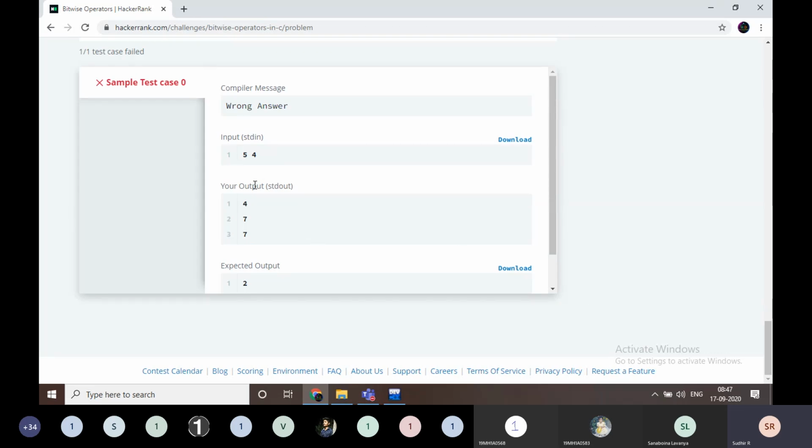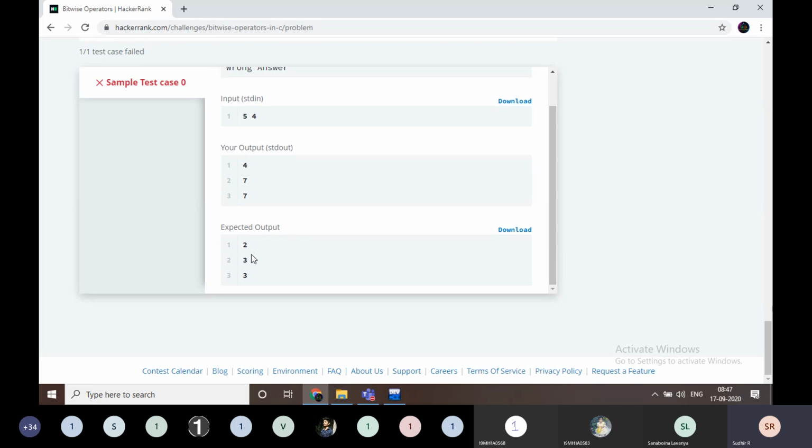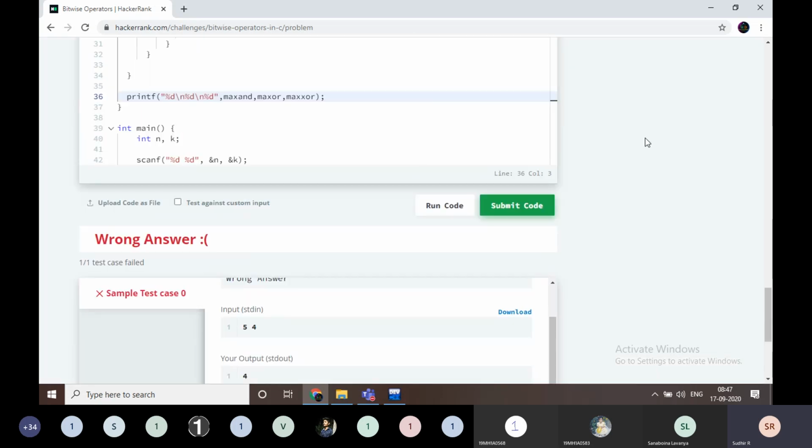Just look at here, the values are 4 7 7, but the expected values are 2 3 3. What is missing here? Yes, these are the maximum values, no doubt about that, but I want the ones which are less than K. That is missing here. Only one step is required.